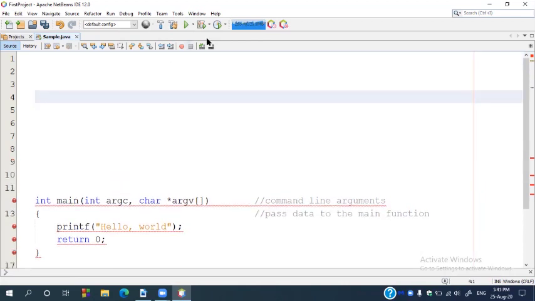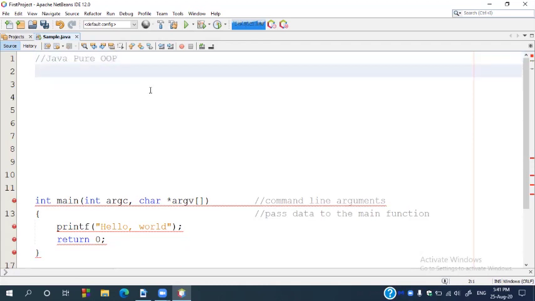Java is a pure object-oriented programming language. In the sense, everything should be in terms of classes and objects.